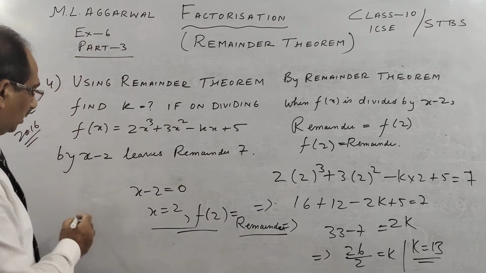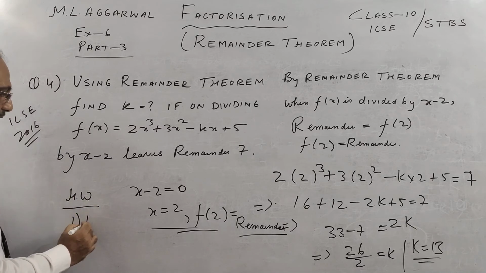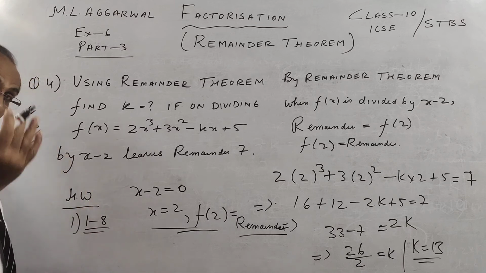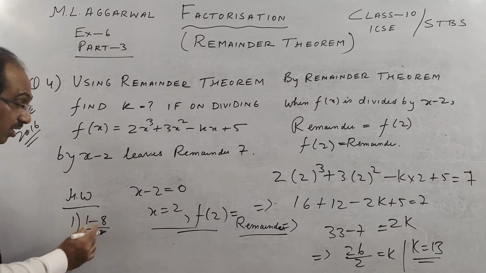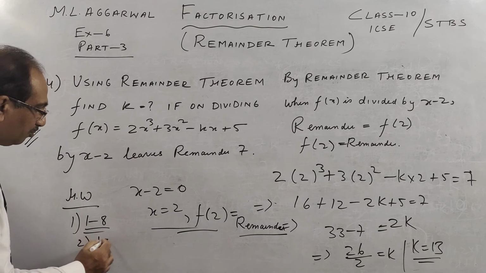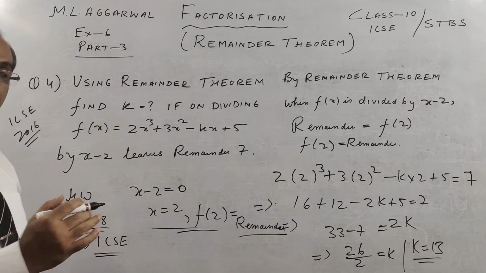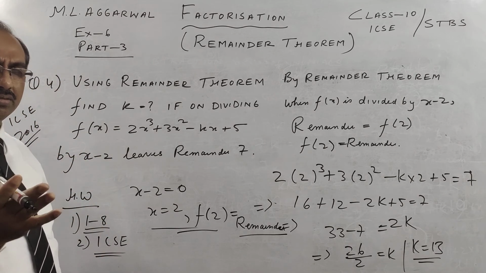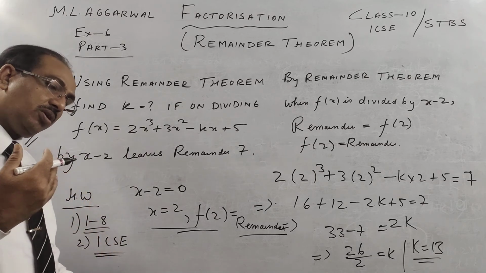Your homework, children, if you want to be good in this, 2 homeworks I am giving you. Questions 1 to 8 of ML Agrawal, please do all. See the solved examples; there are quite a few, I think 7, 8, on remainder theorem and finally both remainder and factor theorem. Do all. 10 years of questions you generally get from books, but you solve 20 years of ICSE questions. You will see a lot of other varieties.